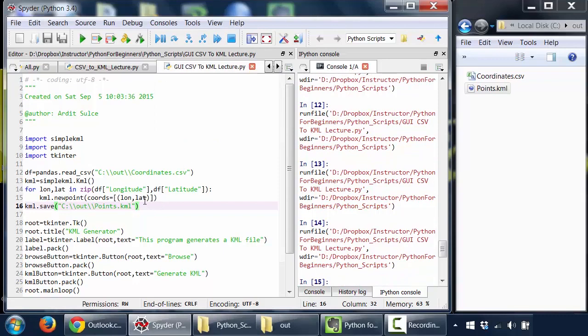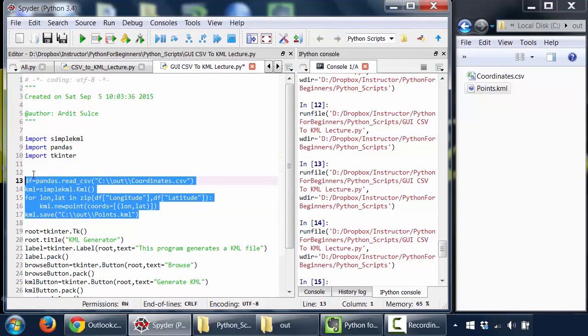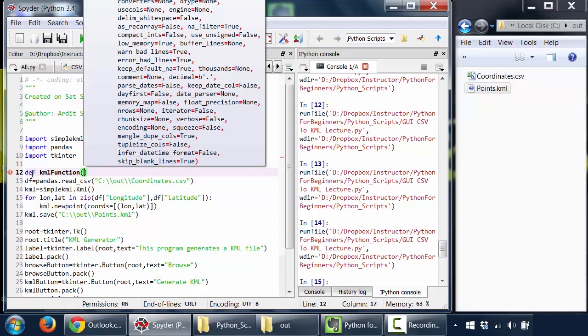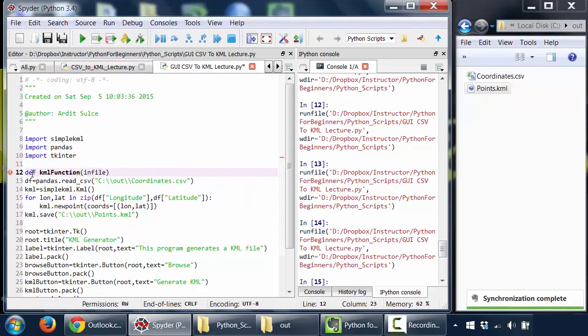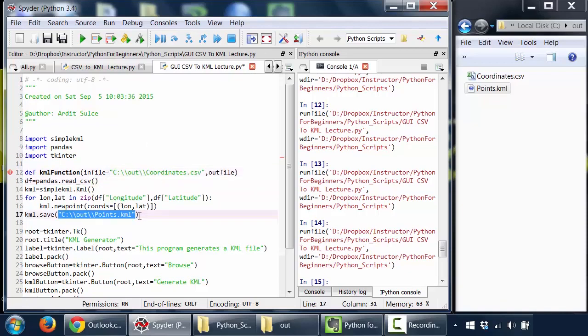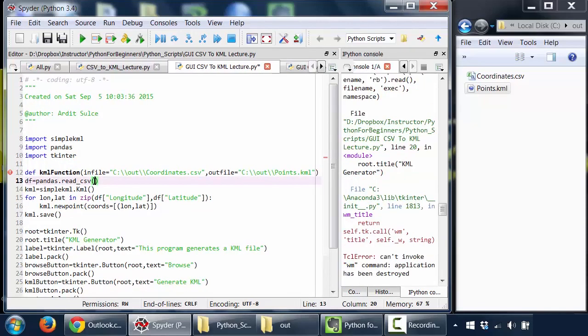So the first thing we have to do here is to actually wrap these lines inside a function. So let's say def KML function. And here we have to pass two parameters. We need an infile parameter and an outFile parameter. And we can put some default values to these two parameters. So the first will be the input file and the second is the output file. Great. And of course this parameter needs to reflect the input for the read CSV file and for the save